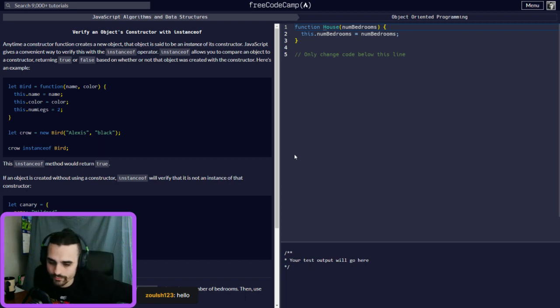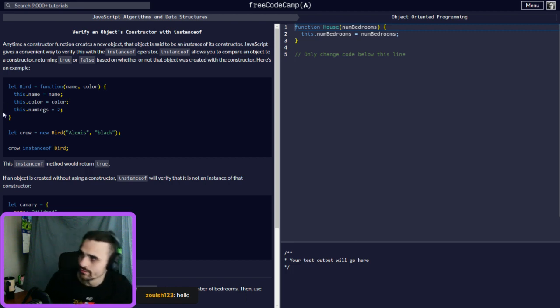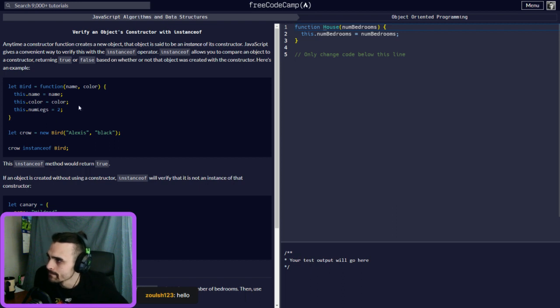So, okay, this is two different things. If you're looking at let Bird equals function, you've got the name, color, and this number of legs equals 2, and you make a new instance right here.